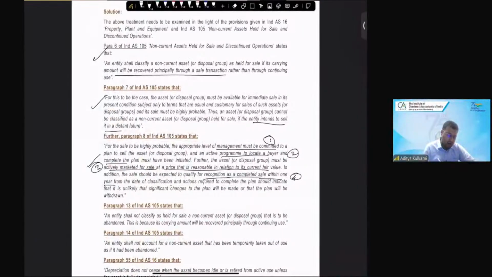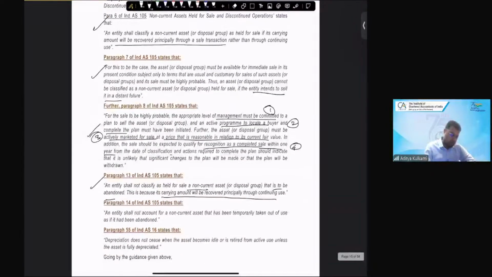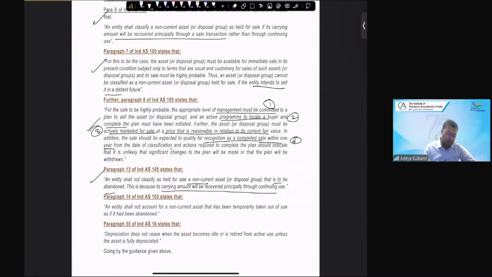An entity shall not classify as held for sale an asset that is to be abandoned. This is because its carrying amount will be recovered principally through continuing use. Do not account for a non-current asset that has been temporarily taken out of use as if it had been abandoned. So you will not treat it like that. Para 55 of Ind AS 16 states that depreciation does not cease when an asset becomes idle or is retired from active use. So all these situations